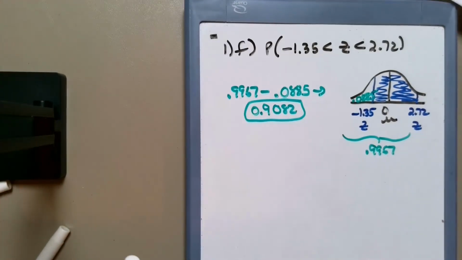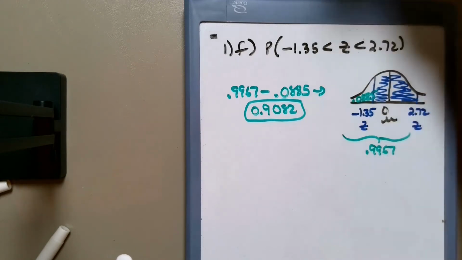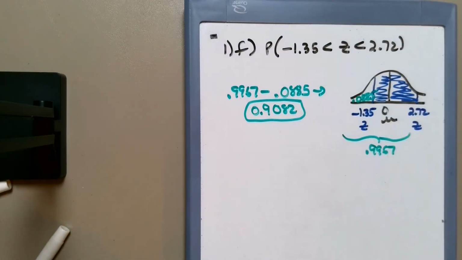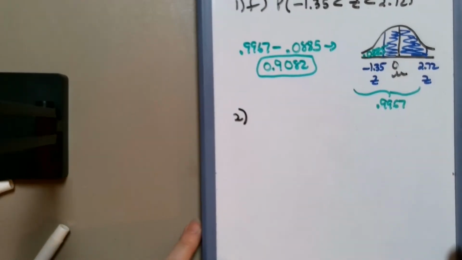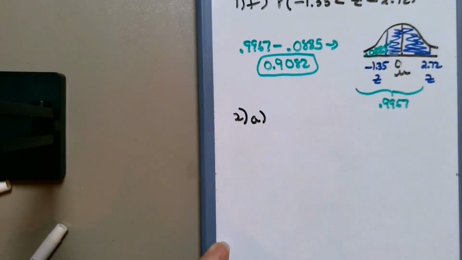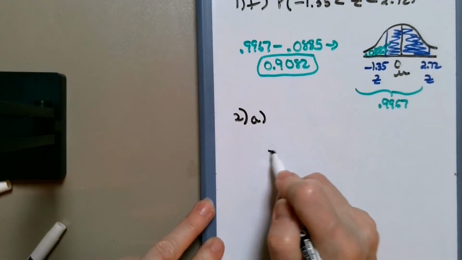Okay, so going to number 2. That was all from section 5.1. That's those questions. So going to number 2, given the drawing, come up with the z-score. This is section 5.3. So 2A,